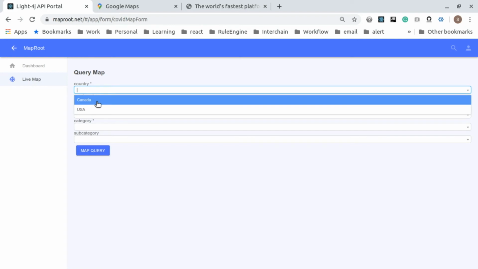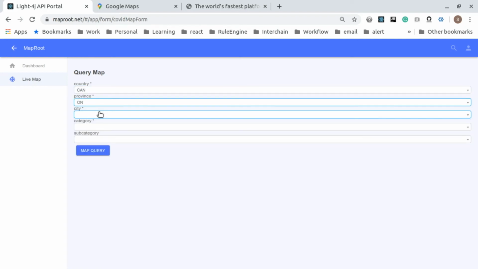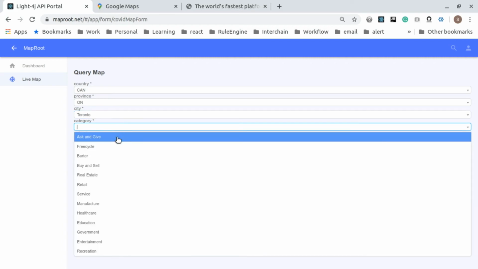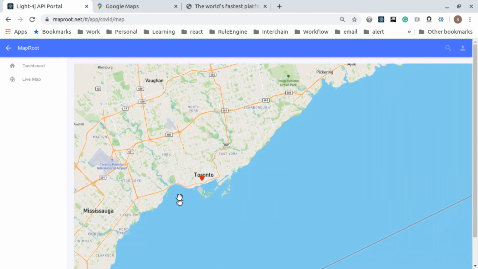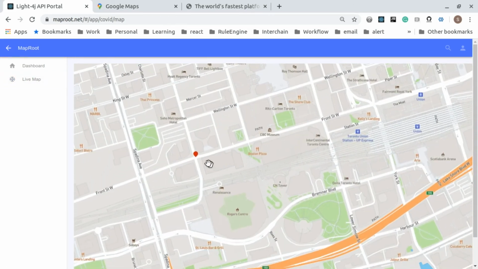Another usage, still select Canada, Ontario, Toronto. Let's say ask and give. And I found one entry here. This is at an intersection for privacy purposes. Most users don't want to reveal their exact location in the first place. But as a user in the neighborhood, you may want to seek help because of the global pandemic lockdown. You can post here in your neighborhood,